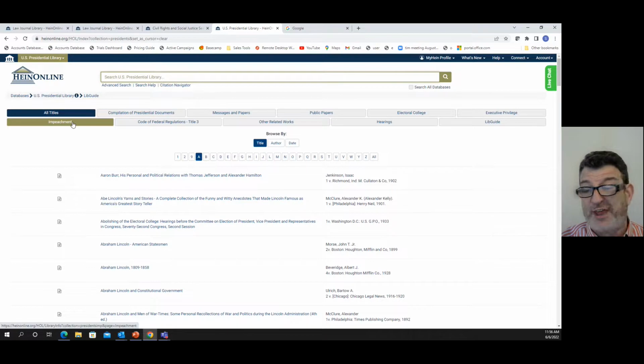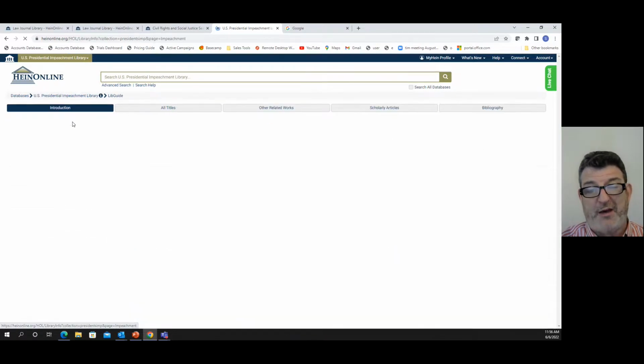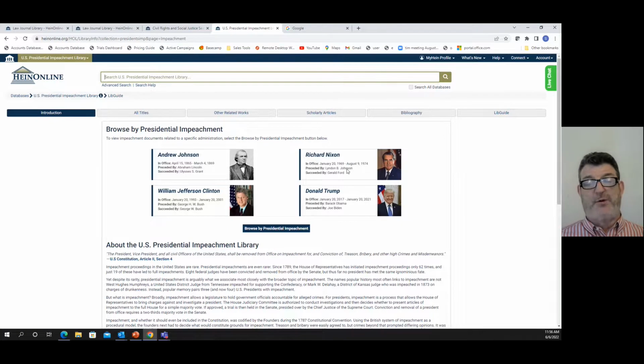Now we also have a whole section here on impeachment, not just the two Trump impeachments, but any president who has faced impeachment. So you can research the impeachment of Bill Clinton. Donald Trump was impeached in the House twice. Andrew Johnson was impeached in the House. Richard Nixon resigned before he could be impeached in the House. None of these presidents have been convicted in the Senate. Just be aware of that. But if you're studying the history of this, this is just a great resource to be aware of.